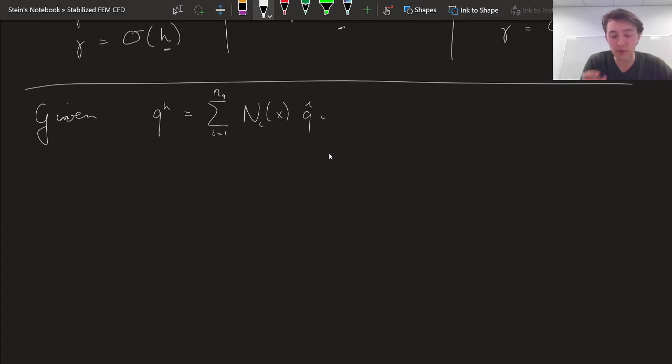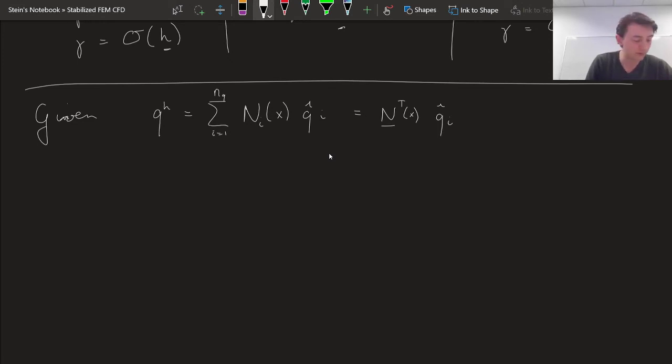Yeah, so this is a sum over the same index, so we can also write this simply as a vector transpose times a vector. This vector I'll call N^T. So this is now a vector of shape functions evaluated at a point x